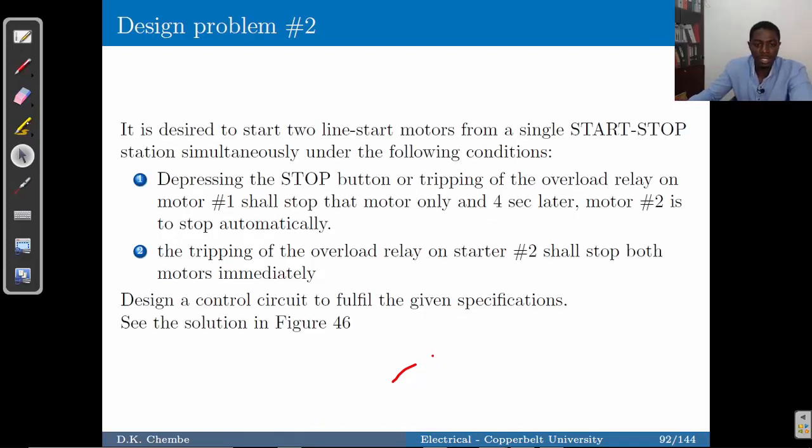Now we look at a different problem, which is stated here: it is desired to start two line start motors from a single start-stop station simultaneously under the following conditions: depressing the stop button or tripping of the overload relay on motor number 1 shall stop that motor only, and 4 seconds later, motor number 2 is to be stopped automatically. The tripping of the overload relay on starter number 2 shall stop both motors immediately. You are to design a control circuit to fulfill the given specifications, and we can see this in the design